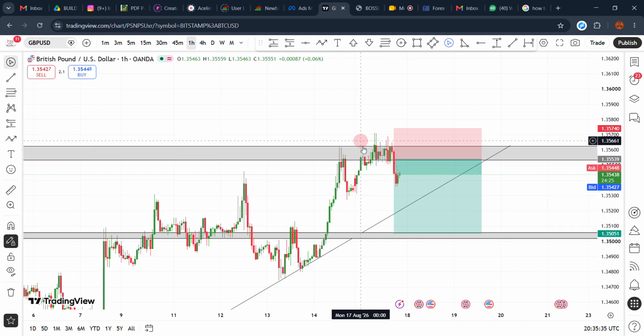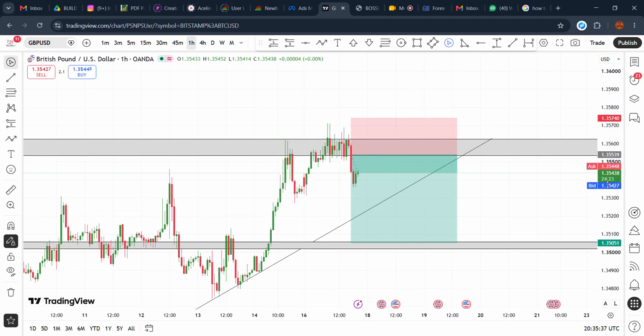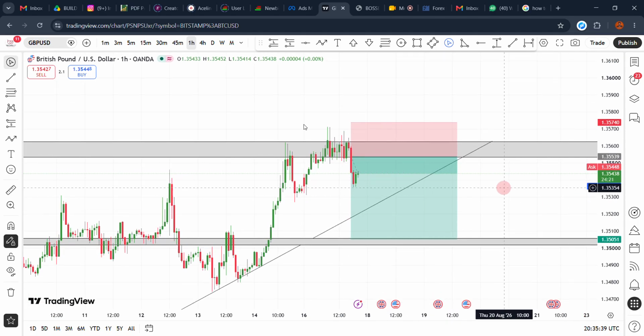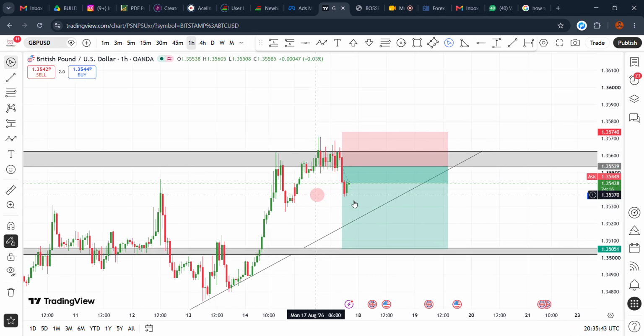But in this case, we saw multiple rejections up and down. We saw the weak rejection here and the weak rejection down. When you see weak rejection up and down, it's called indecision. The buyers and sellers are in between. They are fighting, and at that point, nobody has decided. But what is going to influence your decision is the next move, the next candlestick that comes in after